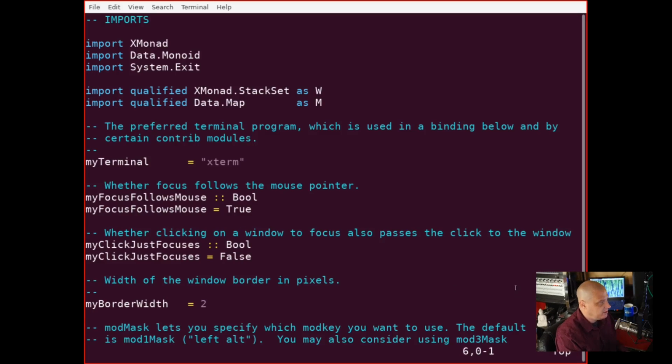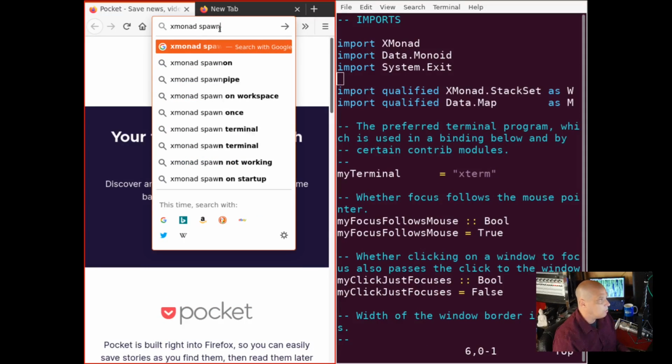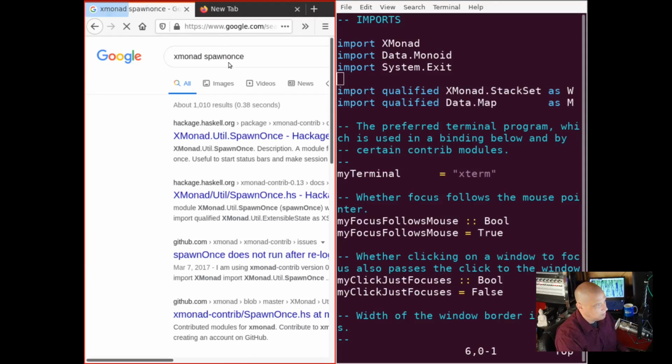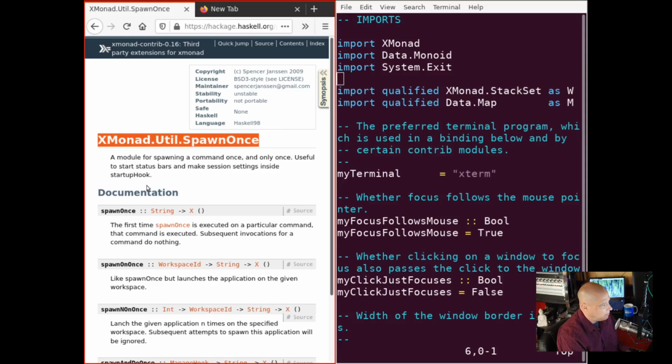I'm not sure what it is off the top of my head. We may just have to do a Super P and open Firefox. I'm going to do a search for XMonad spawn once. And you see right here, it's in the Haskell documentation. And by the way, the XMonad documentation is basically haskell.org. And you see, spawnOnce is found in this library,